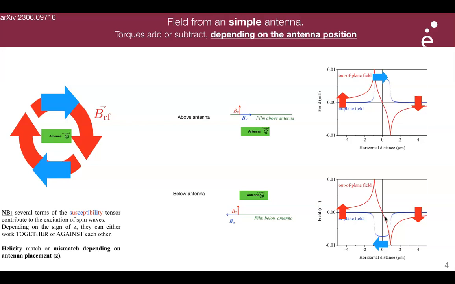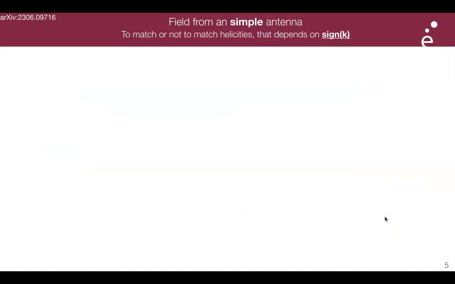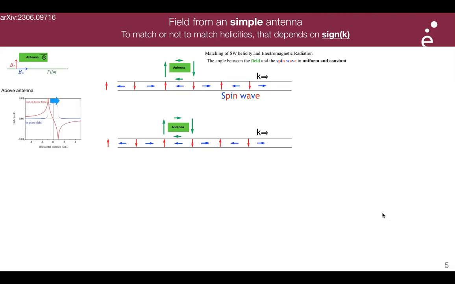Okay, so what is called helicity mismatch, and that I will discuss later on, depends on the position of the antenna with respect to the magnetic field you're studying. The second thing that is important and that you have to realize is that it depends on the sign of the wave vector. So let's still have this antenna that is on top of the magnetic field, okay,